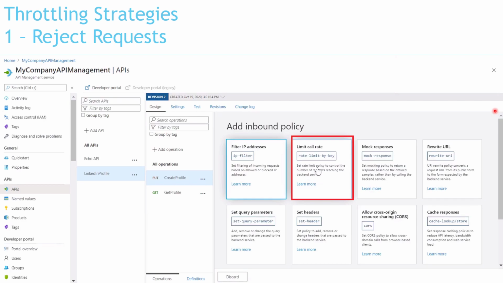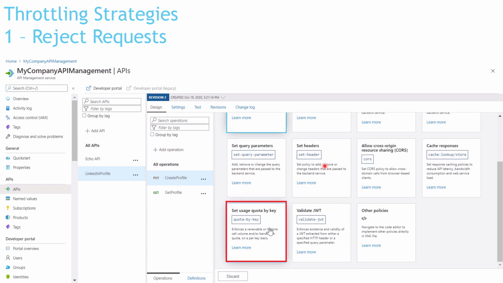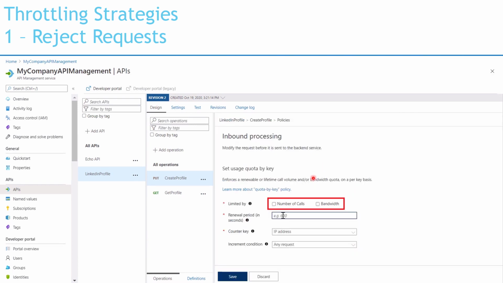And the first strategy we have in here is we start to reject extra requests that we are receiving from a particular client. And we can do this out of the box in API management. You can specify limit call rate by key or by quota, and you specify this as easy as that. You specify number of calls or bandwidth over a period of time for a certain counter key, whether IP address